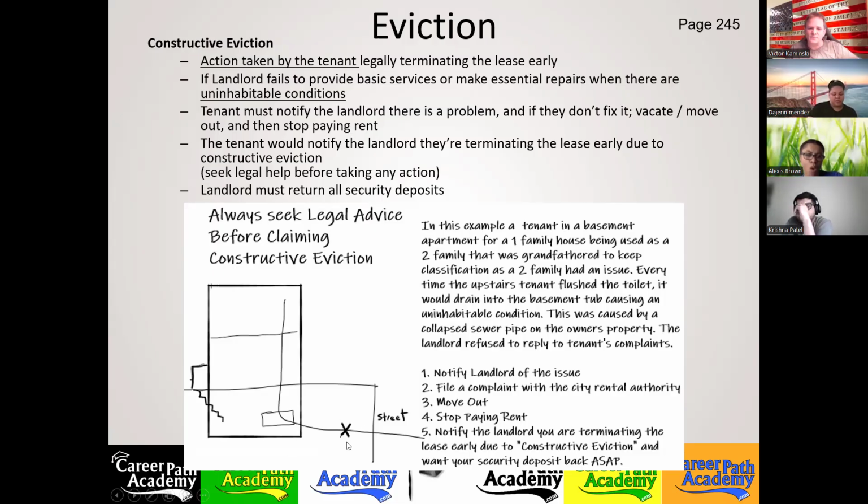So the landlord's responsible for replacing those pipes that collapsed on his property. He just didn't want to bear the expense of a $2,000 repair or whatever it costs, so he was putting it off and ignoring her. And that's not a condition anybody should be subjected to. That's disgusting, right? So I said, well, what you could do is, in Edison, it is the health